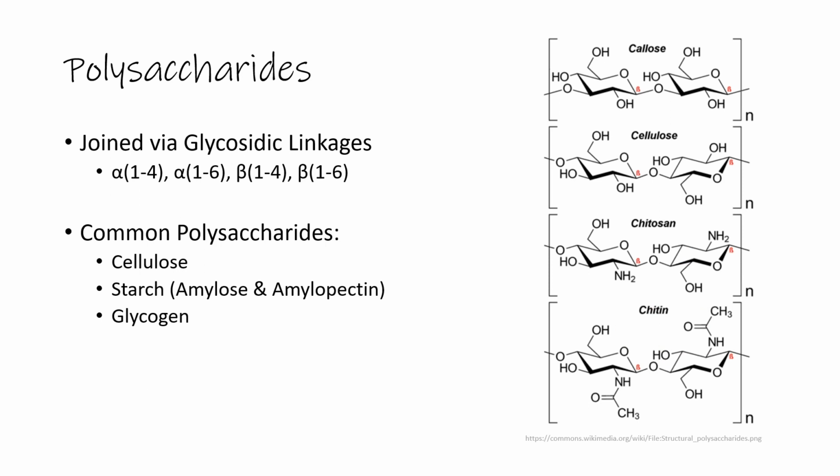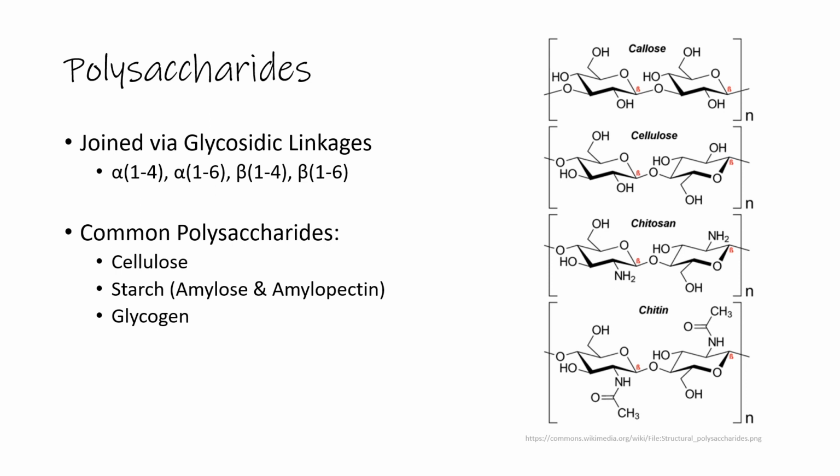Lastly, we have polysaccharides. Polysaccharides are when we have 10 or more monosaccharides together. They are linked by a glycosidic linkage, and they can be joined in various ways. So they can join at the alpha-1,4, alpha-1,6, beta-1,4, or beta-1,6 linkage between the different monosaccharides. The common polysaccharides that we talk about are cellulose, starch, which has 2 types, amylose and amylopectin, and